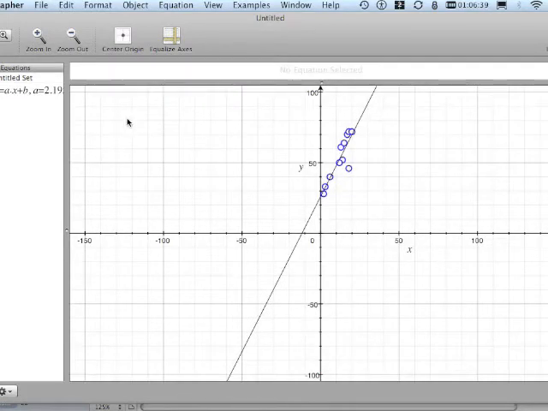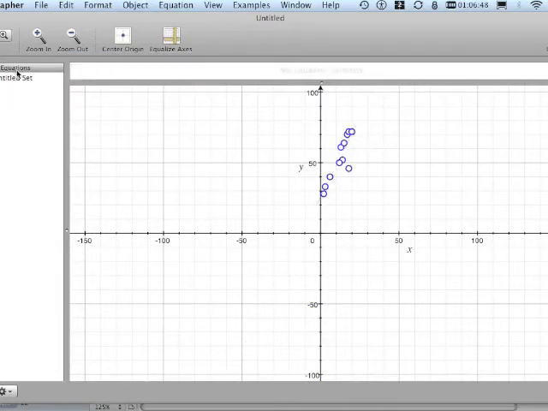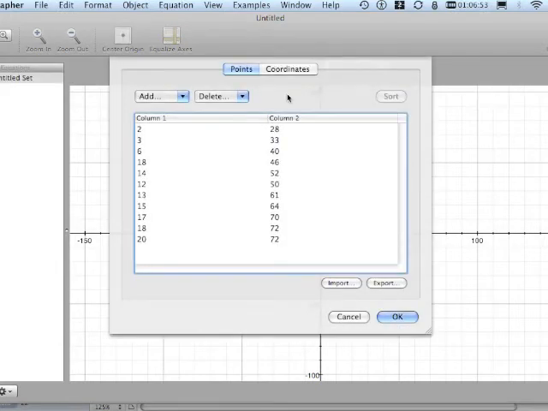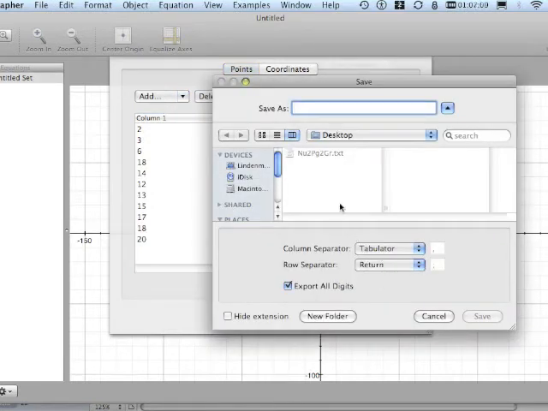Okay, let's see how we would take that data set back if we had it originally in Graph and wanted to move it to Numbers. I'm going to delete this equation, and I'm going to look at my data set, edit points, and I'm going to say export, and I'm going to save it as Graph to Numbers. I'm putting it on the desktop,